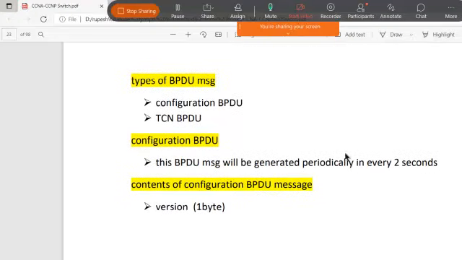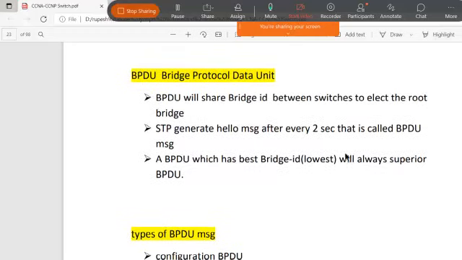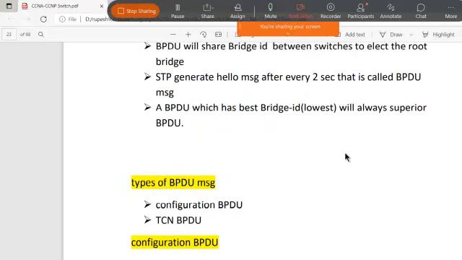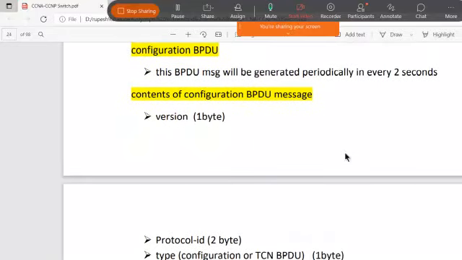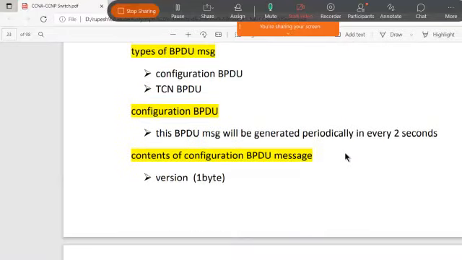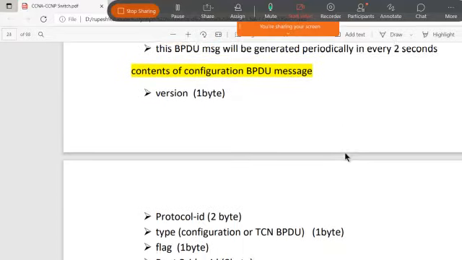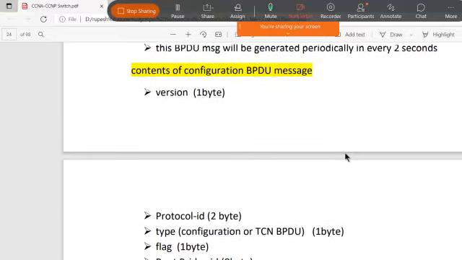Now, what is the configuration BPDU? These BPDU messages are generated periodically every 2 seconds, as I told you. This is the hello message. Inside the configuration BPDU, what does it send?